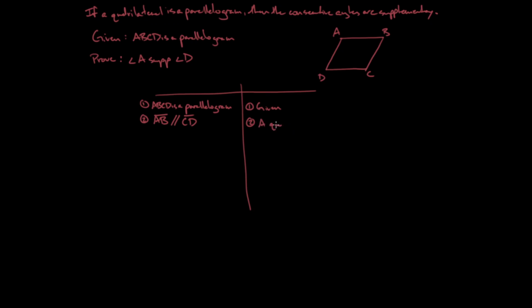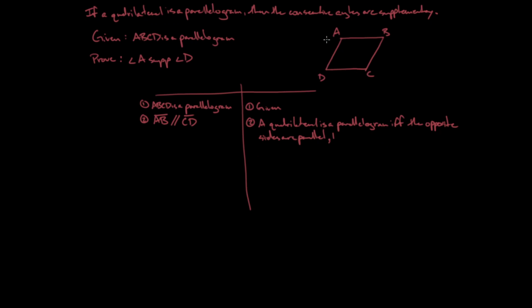A quadrilateral, this is better, is a parallelogram if and only if the opposite sides are parallel. That comes from 1. All right, so I've said that AB and CD are parallel to each other,